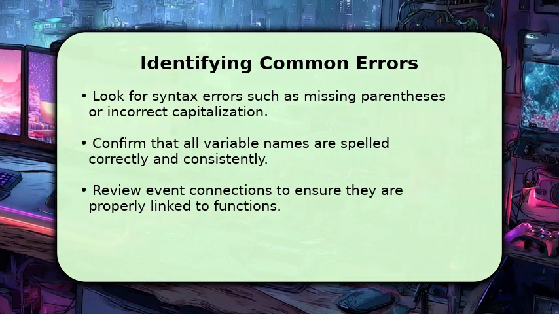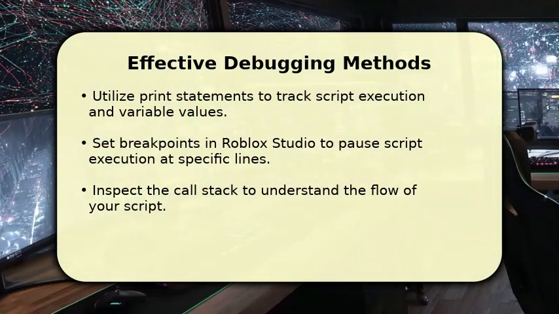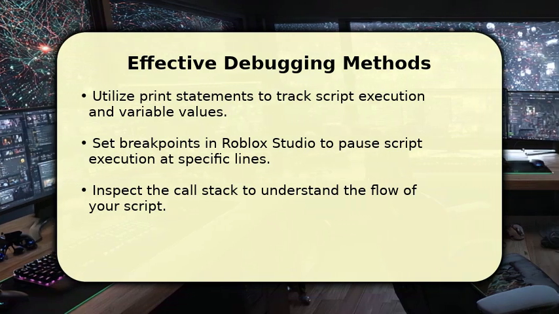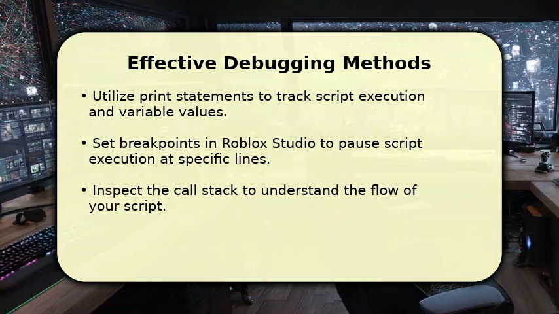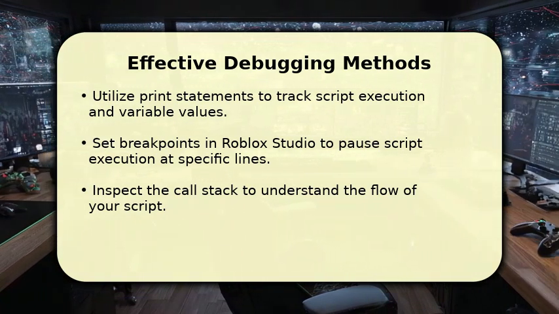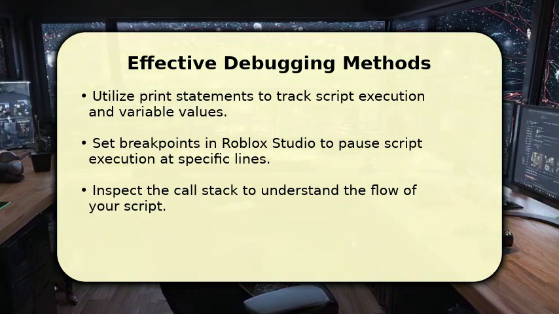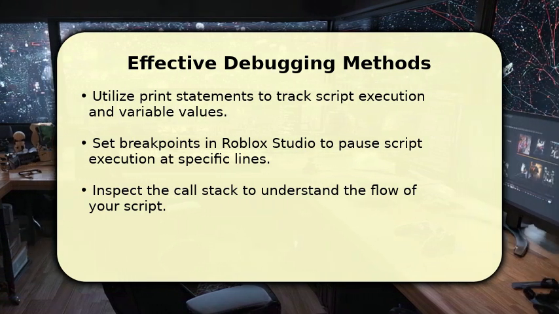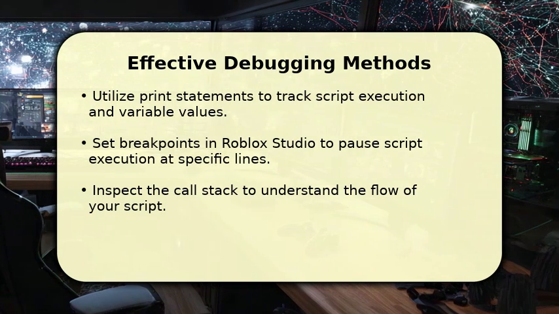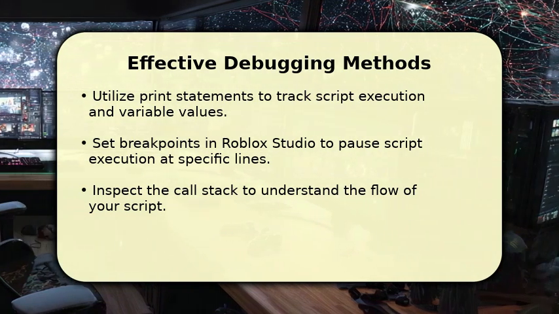frequent source of problems. To effectively debug, start by using print statements to track your script's execution path and observe variable values at different points. You can also set breakpoints in Roblox Studio to pause the script on specific lines, allowing you to inspect its state. Furthermore, examining the call stack helps you understand the sequence of function calls leading up to an issue, providing